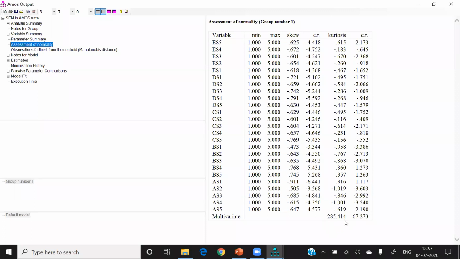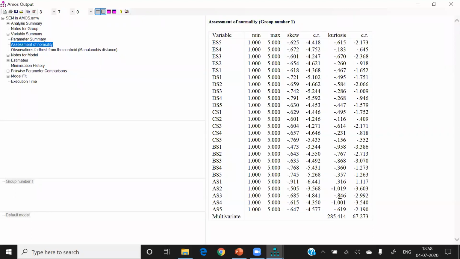This Mardia coefficient of kurtosis should ideally be less than 50. If it is less than 50, you can say that normality is there. 285 is quite high. And why is this 285 quite high? Because most of the skewness and kurtosis values are more than 0.5, like 0.868, 0.767, 0.958. The problem is that the moment our kurtosis value worsens, problems start coming, so you have to take care of skewness and kurtosis.